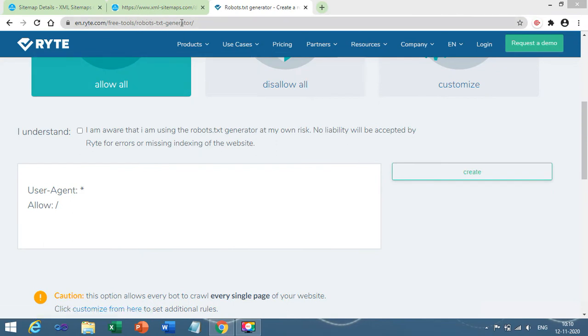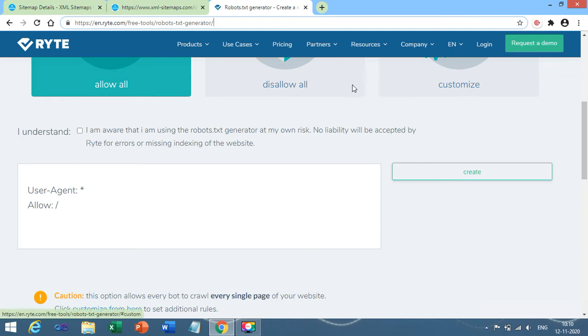When you click on this, at that time the following link will appear: en.write.com free tools robot.txt generator. After this you need to click on customize.